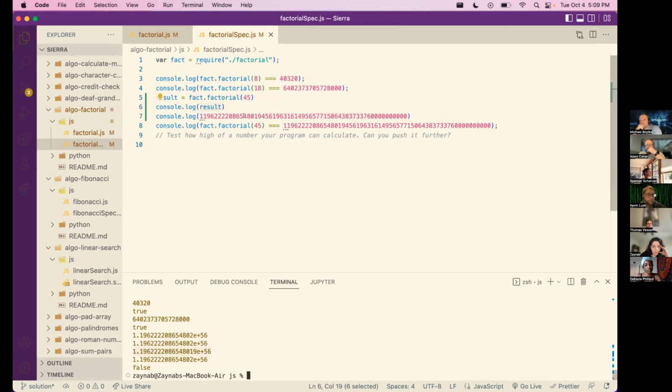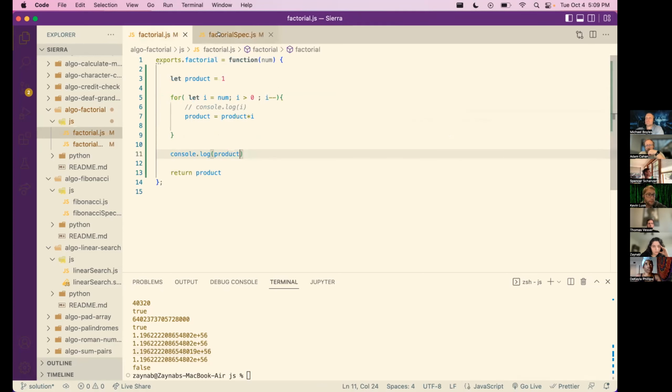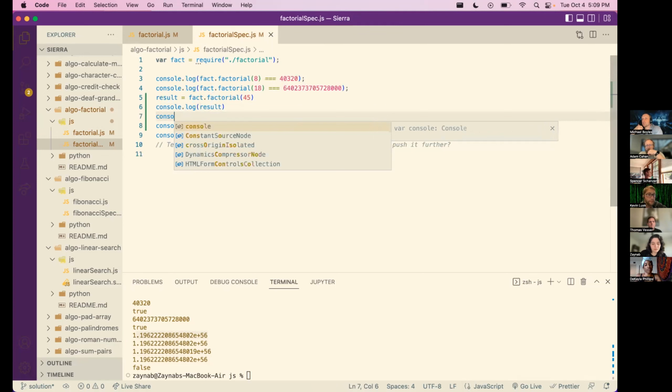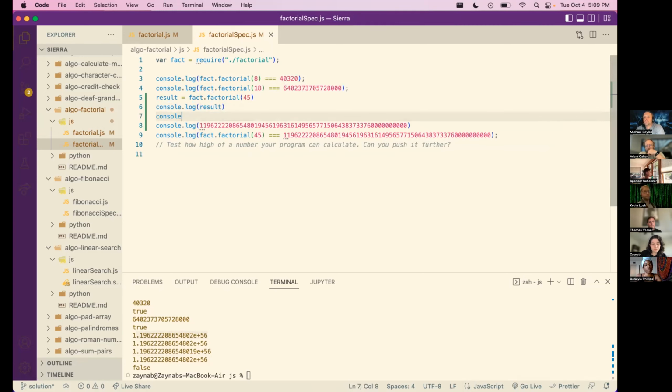So this is coming from here. Or is it not? Because I'm printing out the product, which should be this. Yes, the 19 comes from the spec folder or file. Okay, so maybe the spec file needs to be updated. Okay. Well, what if